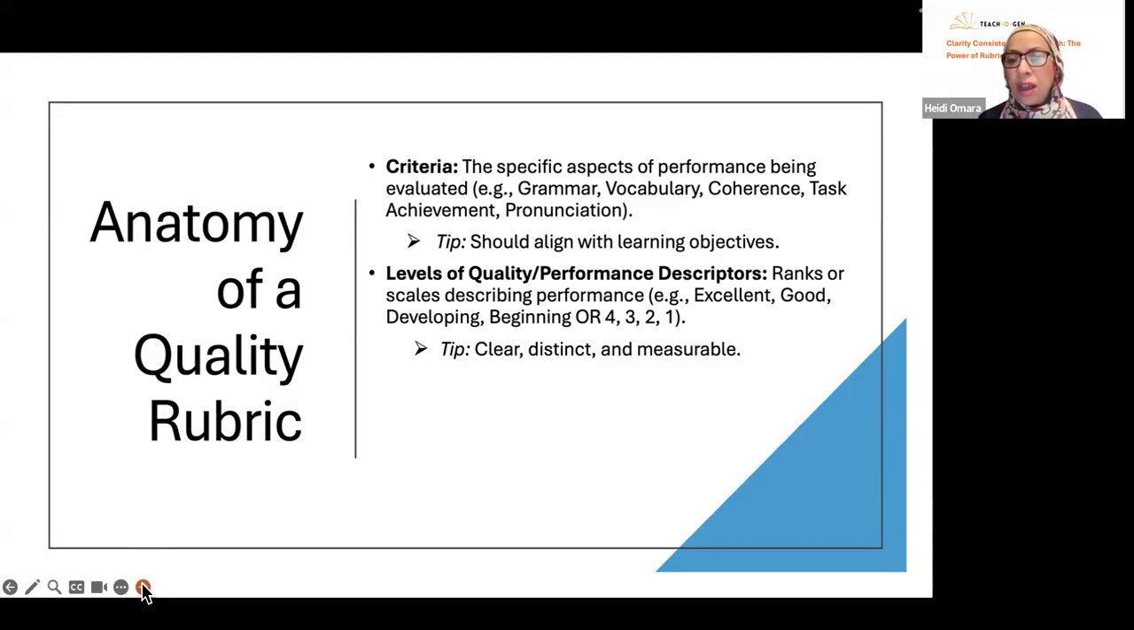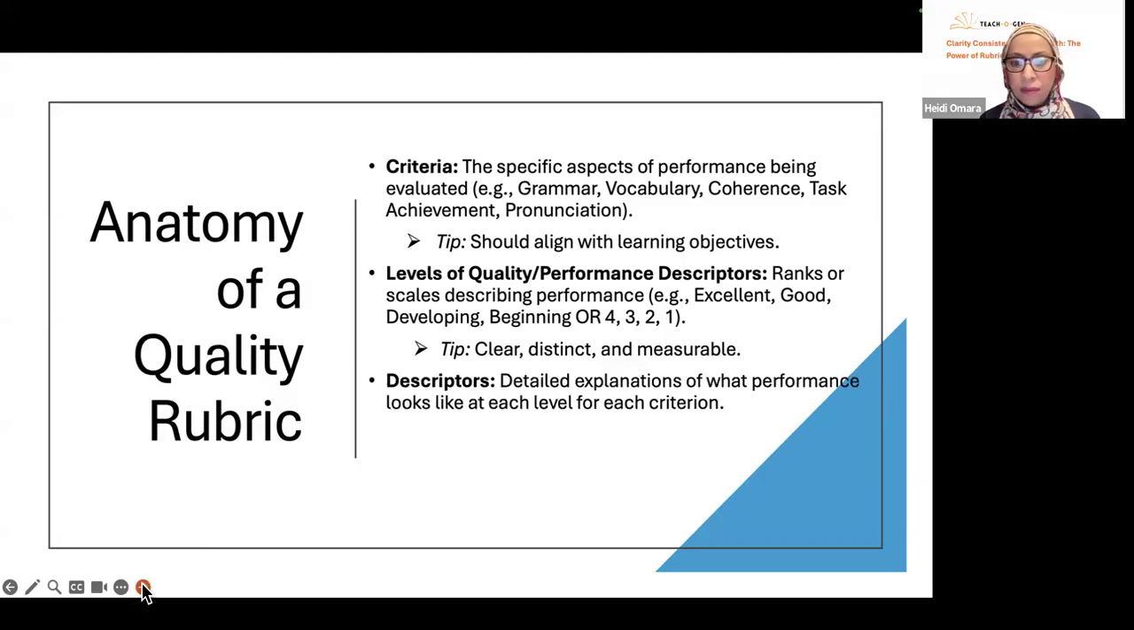Why am I doing this? To have a clear, distinct, and measurable assessment. The descriptors, what we talked about, the grammar, the vocabulary, and everything, with a detailed explanation of each one of them, of the performance. So if I talk about grammar, for instance, the 5, which is the top, or the 4, which is the top, it's going to be